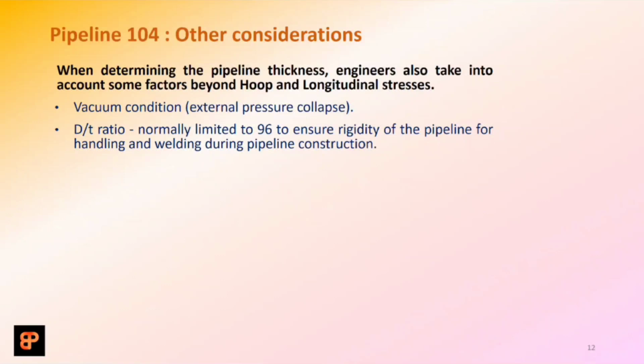So to make it sufficiently rigid pipe, a certain minimum thickness is ensured when selecting the pipeline thickness, and for that the guidance is given by keeping the D by T ratio maximum up to 96. So if you keep the D by T ratio less than 96, then definitely the thickness will be adequately provided